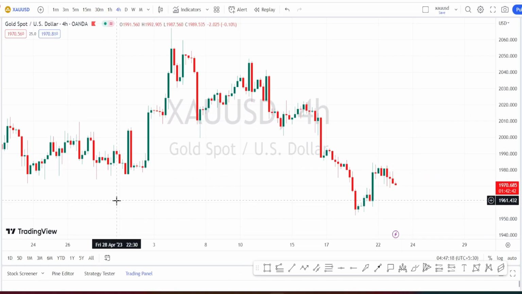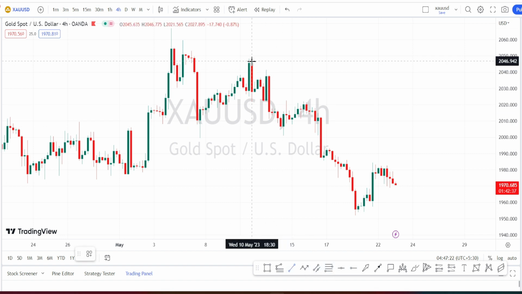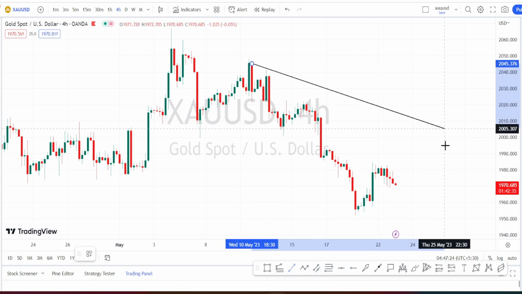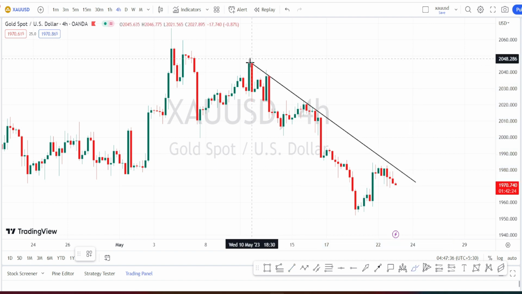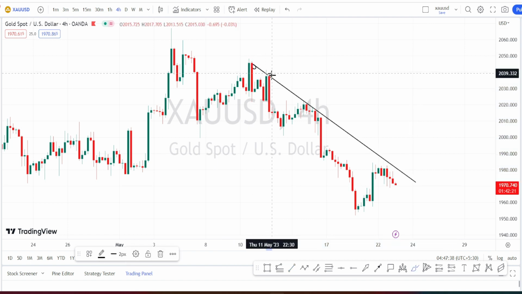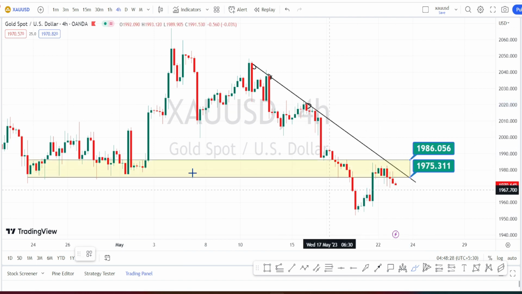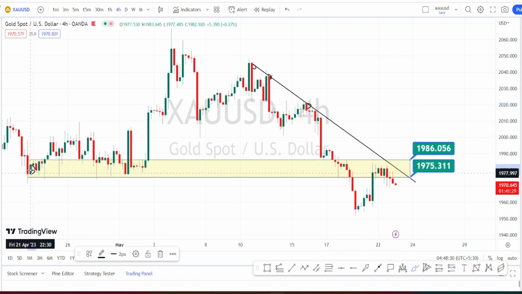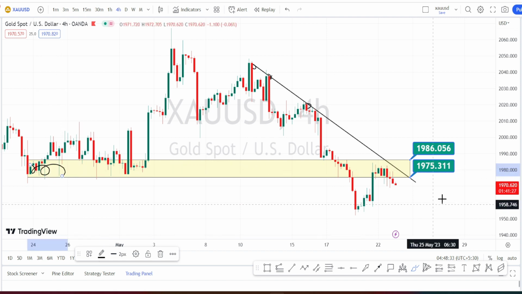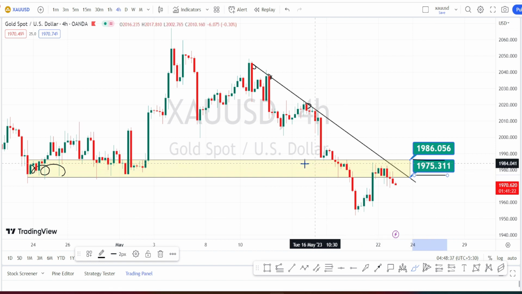I'm in 4 hours time frame of gold US dollar currency pairs, and when we look at the current trend of the price action, I'm connecting the highs of the past price action. So it is presently in the bearish trend because it is trading below this trend line or the resistance line. And we know from the past price action that this zone between 1986 to 1975 was acting as a very strong support zone, and for the current price action this whole zone was acting as a very strong supply zone